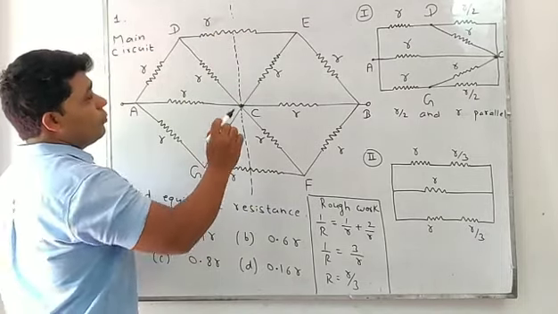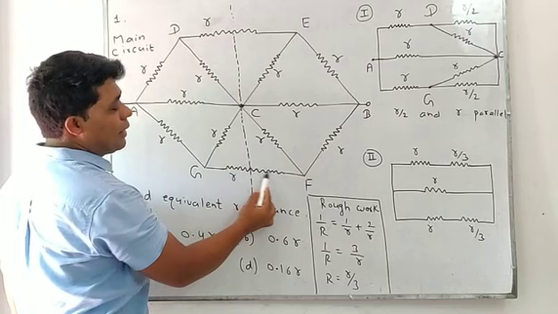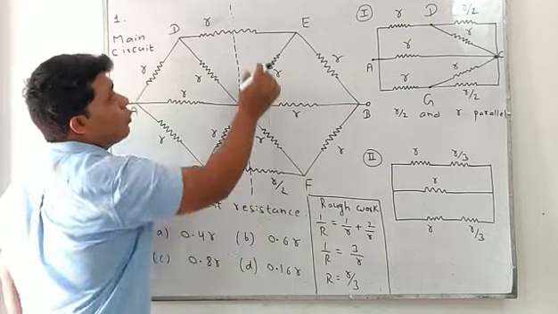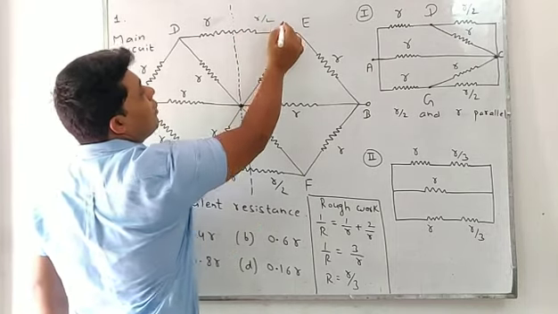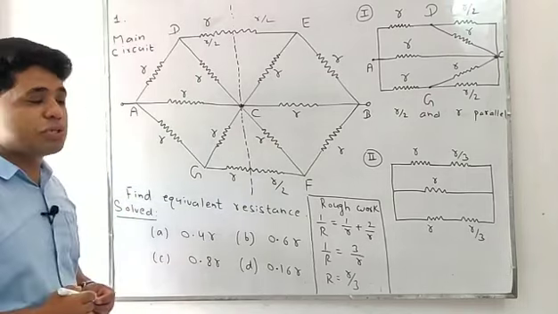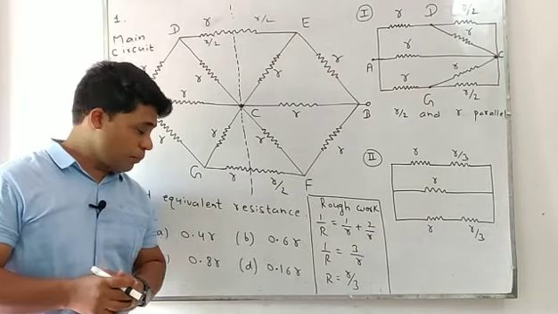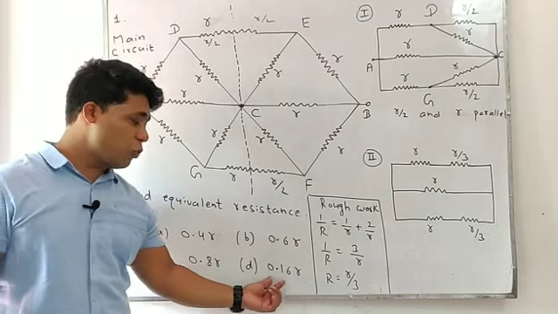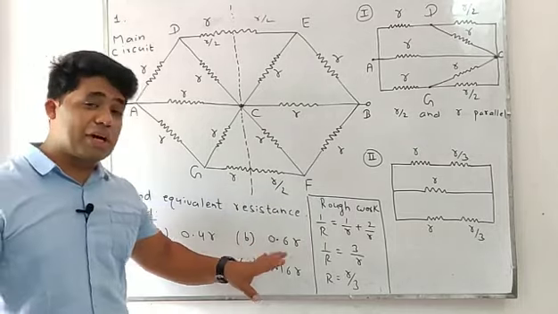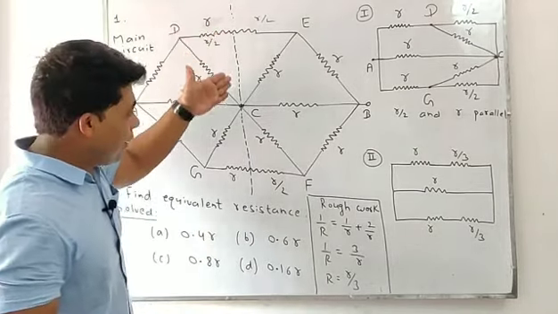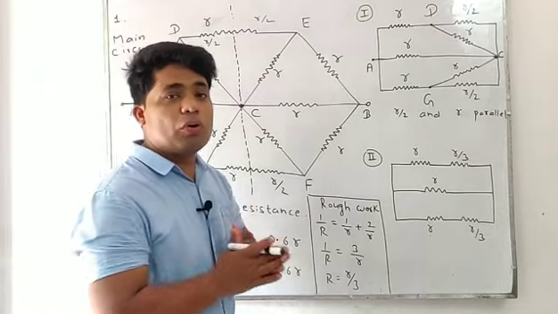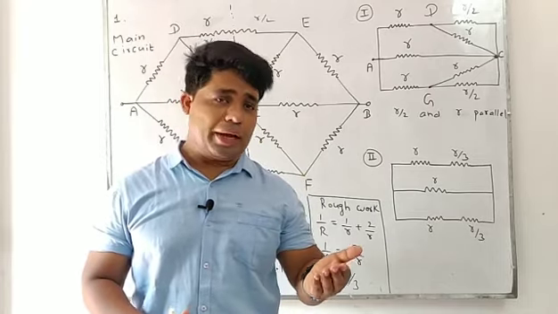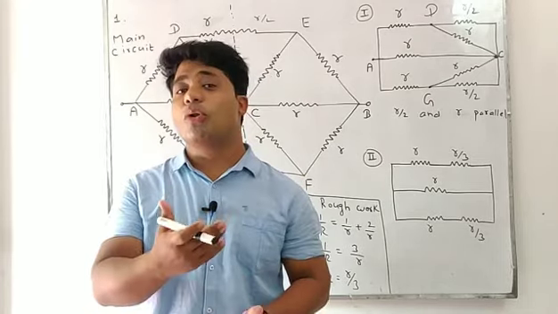So the resistance of this side becomes half. Now the half part resistance becomes R by 2, and at this half and half that becomes R by 2 and R by 2. Okay students, we are given options also: 0.4R, 0.6R, 0.8R, 0.16R. Which one is the correct option? We divided the circuit into equal parts, so we'll find the resistance of one half part. Similarly, we can get the resistance of the remaining half part, and we'll add both.